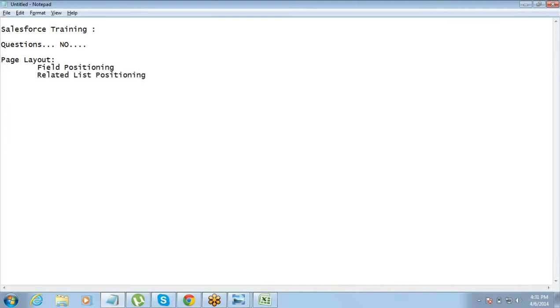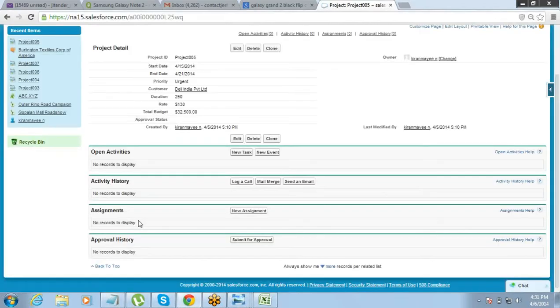Then we can use page layout to make fields mandatory or required. So using page layout, we can make certain fields required as well, right? So on the page layout, I can go and define certain field to be required. Okay. So these are the things that we can do on the page layout.